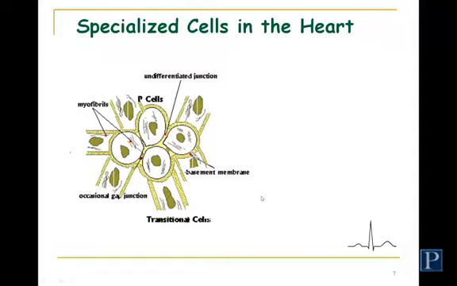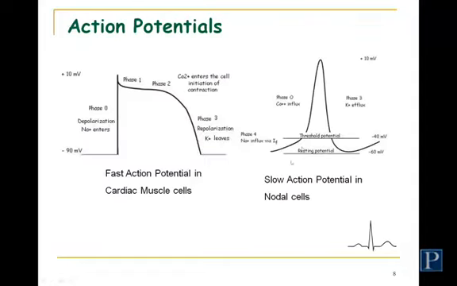If you look at an action potential from the SA nodal cells, here's a picture of the action potentials that are in the nodal cells. They exhibit what we call slow response action potentials. Over here on the left is an example of a fast action potential, or fast response action potential, that, for example, you'd see in the ventricular muscle. And this picture is an example of what you would see in ventricular muscle. You have seen these pictures before, so it's not the first time that you've seen it,